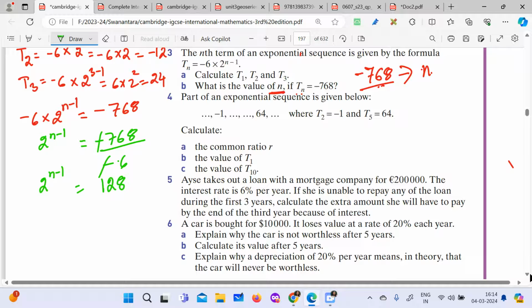Yeah, miss. Clear. Okay. Now we have to find the value of n. So how do we solve this now? Exponents. You have to write 128 as a base with 2. Okay, can you write 128 as base 2? Yes, we can. See,